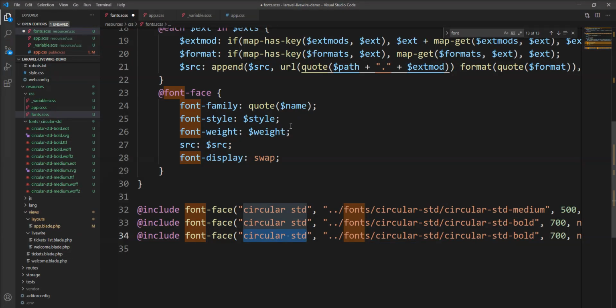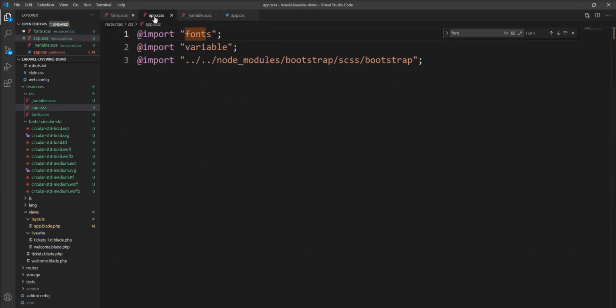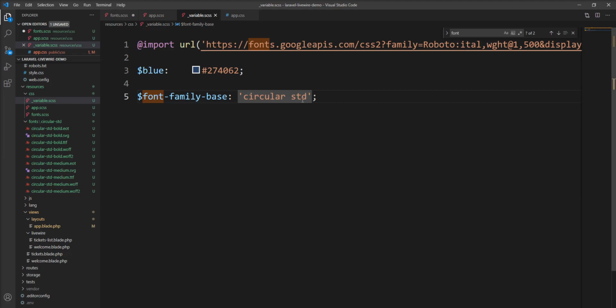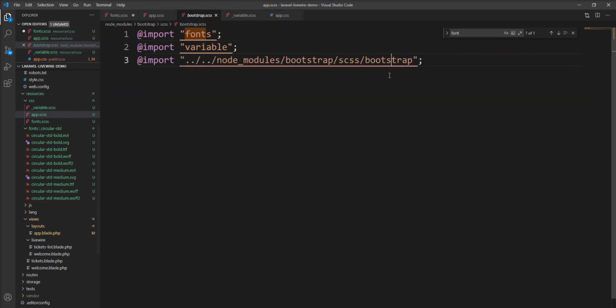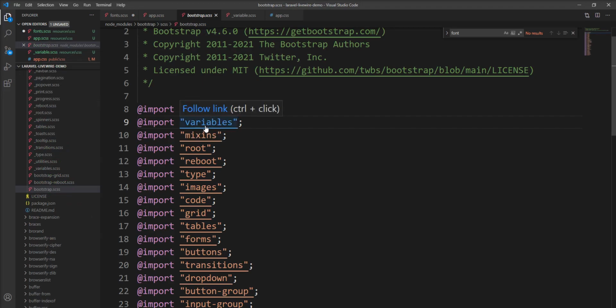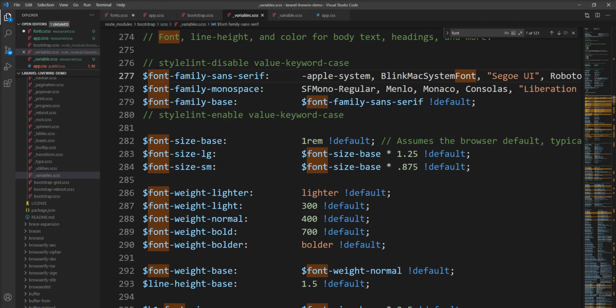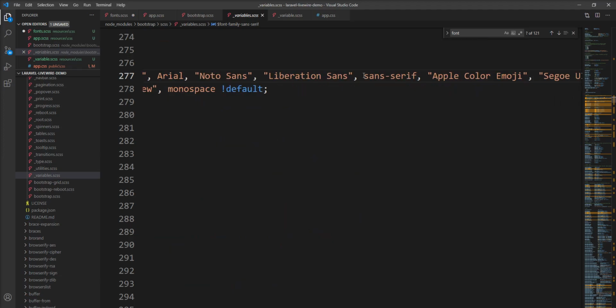One more thing I need to specify here is the secondary font. Let me show you in the Bootstrap. Lots of fonts are given as options.